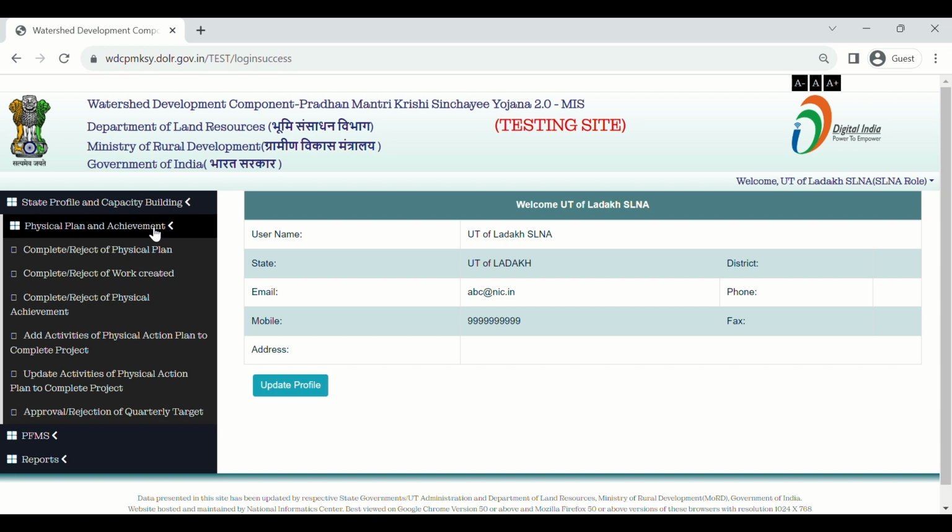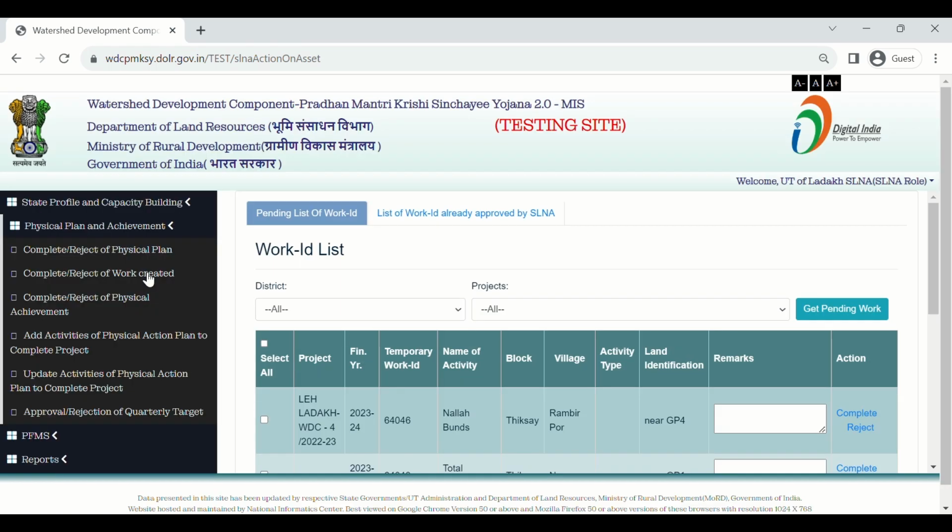Click on the complete reject of work created under the physical plan and achievement menu. Here select the district name and select the project name. After selecting the project, click on the button get pending work.